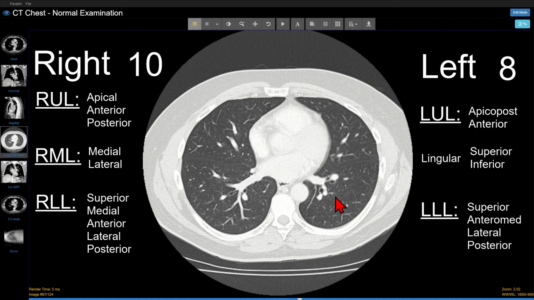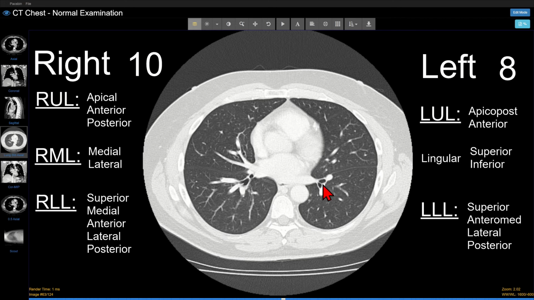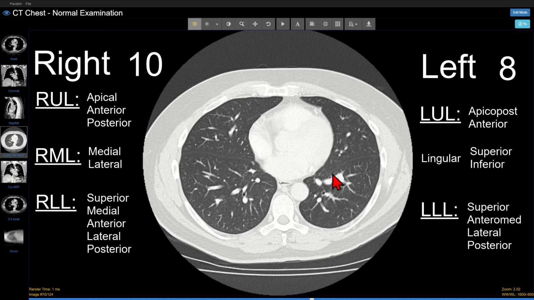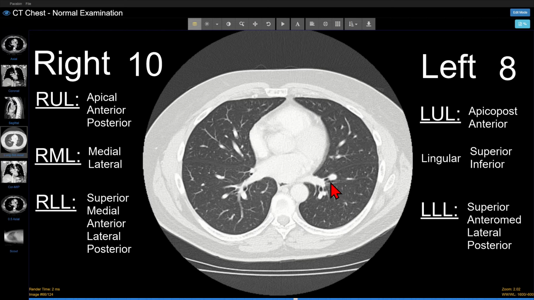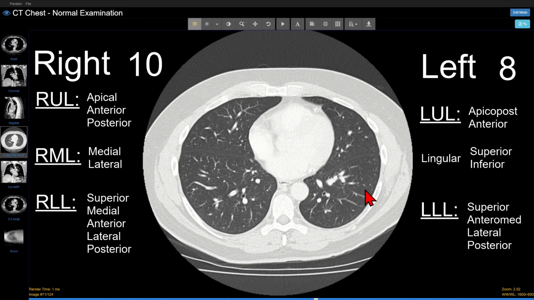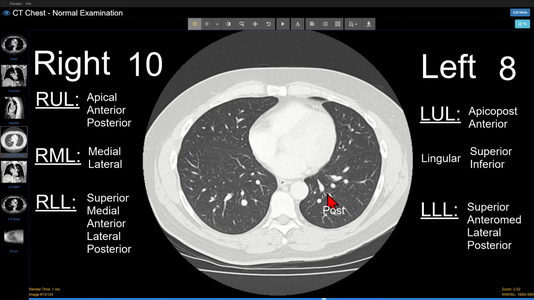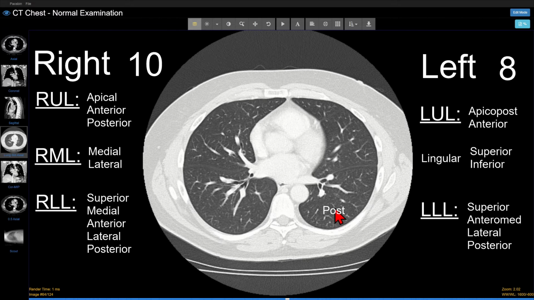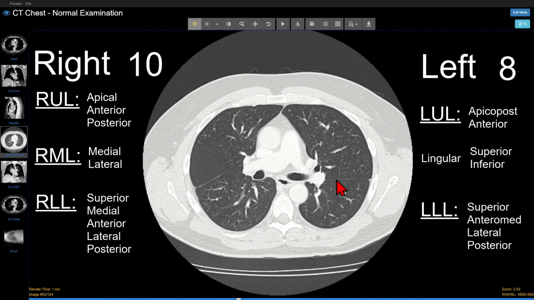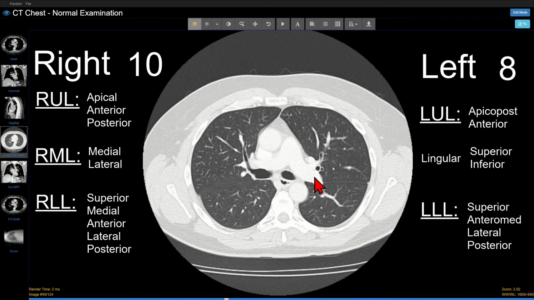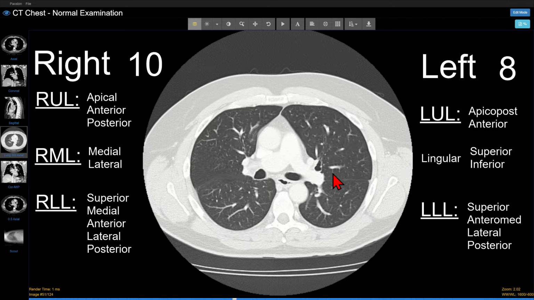And then we have basal segments, and on the left we only have 3 instead of 4. The anterior and medial segments are combined. And then we have our lateral and posterior basal segments. So the major differences between the two lungs are that we have the apico-posterior combined in the left upper lobe and the